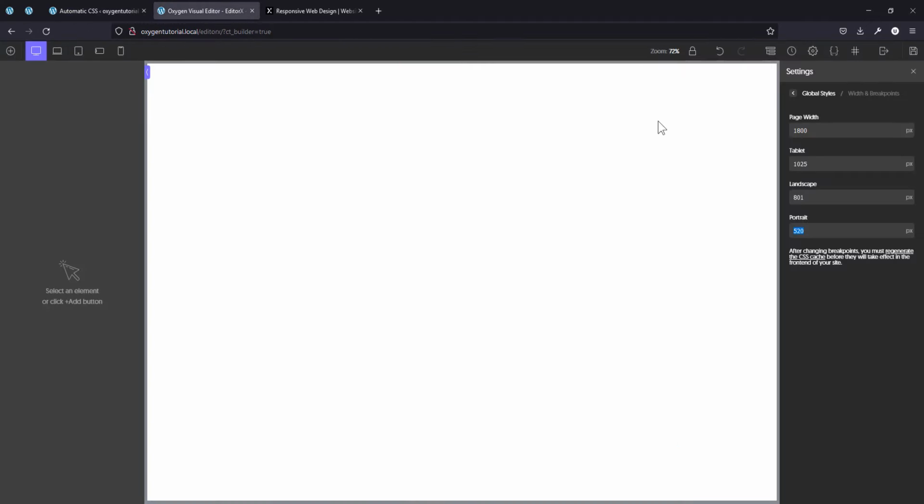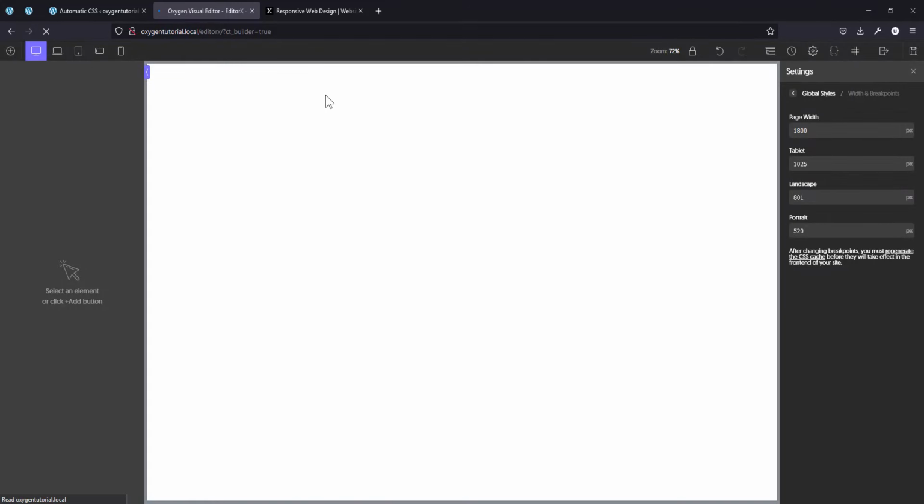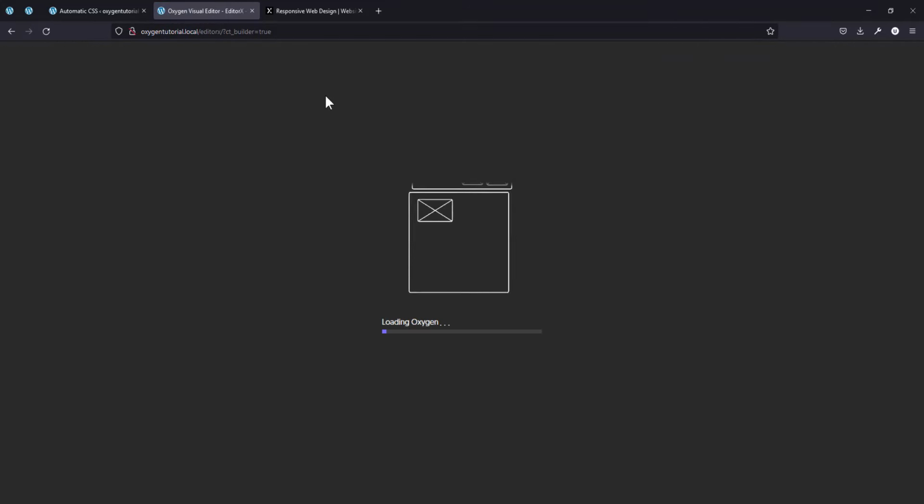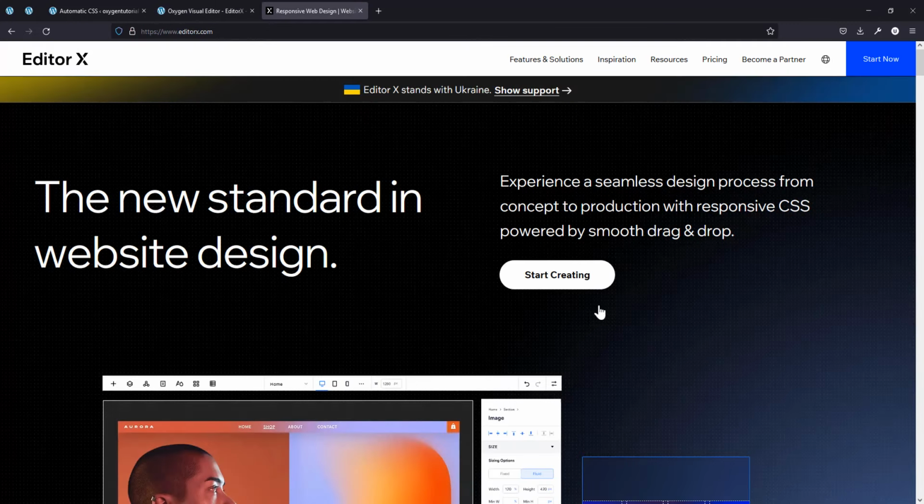And I think I might just have to save my Oxygen and refresh it, so the changes probably will take effect in the editor. I'm not quite sure if that's necessary. Anyway, so let's take a look at this. Now,